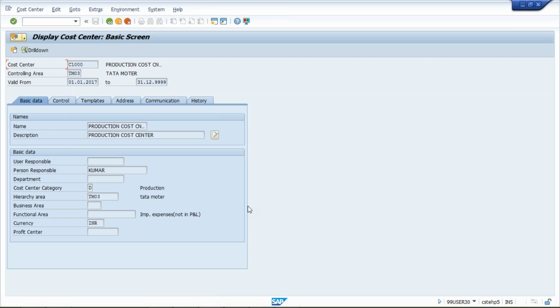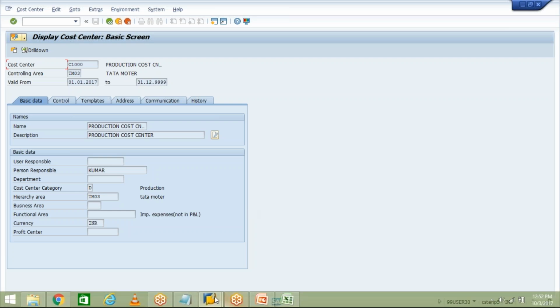Now, cost center is master data which we are creating here in SAP, so it means it is only a one-time creation. Now, production cost center we have created. Now let's suppose, how are we going to track the cost? Production related cost, let's suppose,